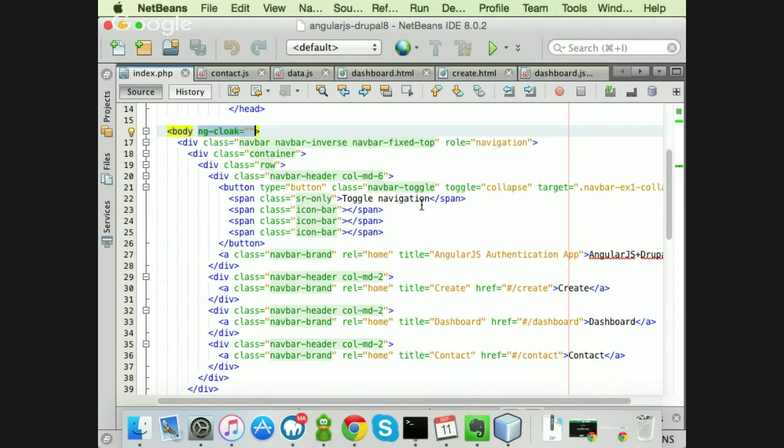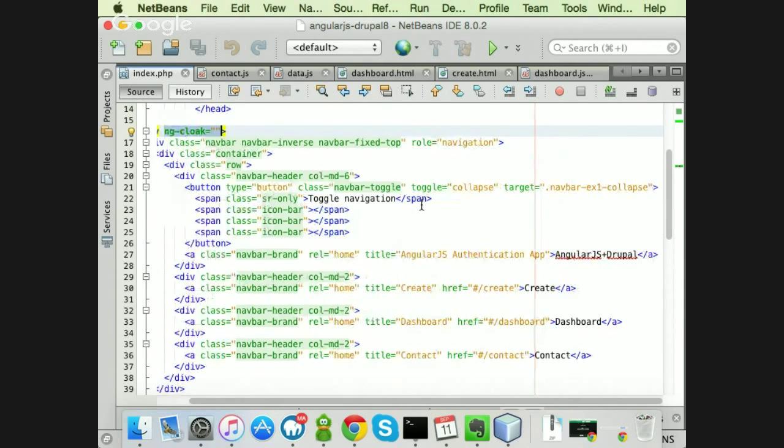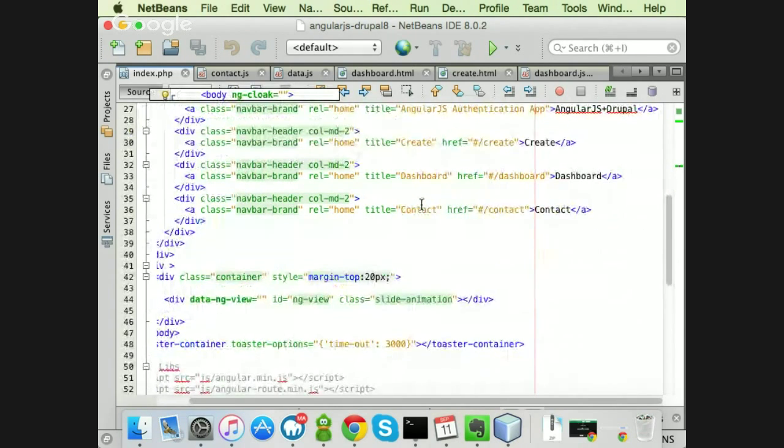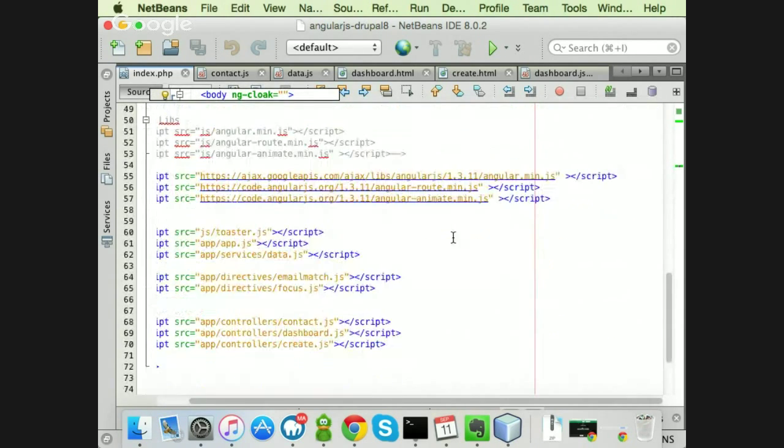Now, if we move a little bit down, we have all the information and the libraries we're going to be using. And as I told before, I'm using Angular 1 for this one since Drupal 8 changed all the way they are providing REST. And I didn't have the time to upgrade this to the new version of Angular.